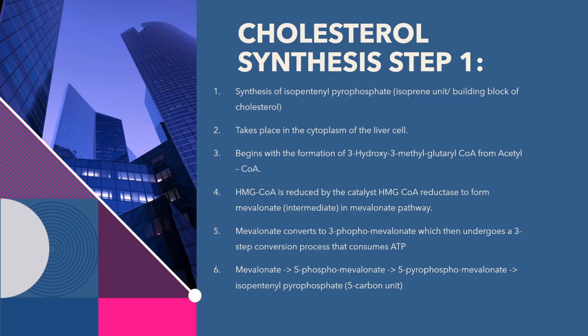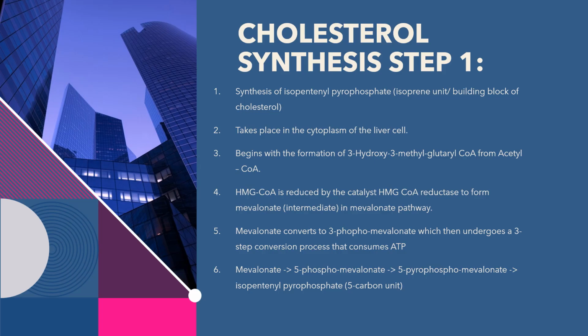So step 1 is the synthesis of what's called isopentenyl pyrophosphate. It's an isoprene unit, and it's one of the building blocks of cholesterol. It takes place in the cytoplasm of the liver cell, and this begins with the formation of 3-hydroxy-3-methylglutaryl CoA from acetyl CoA. HMG CoA is then reduced by the catalyst HMG CoA reductase, which will become more relevant as we go on, to form mevalonate, which is an intermediate on the mevalonate pathway on our way to construct